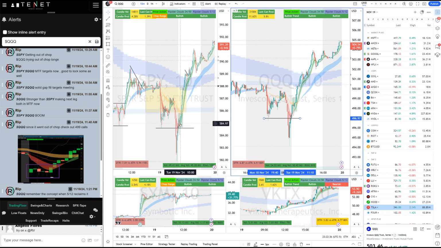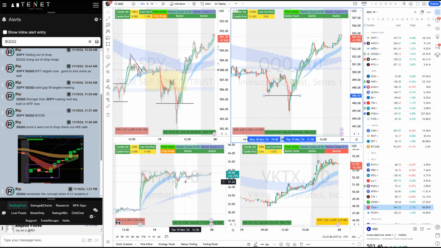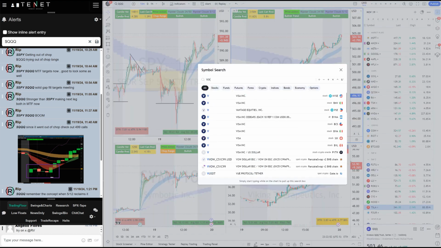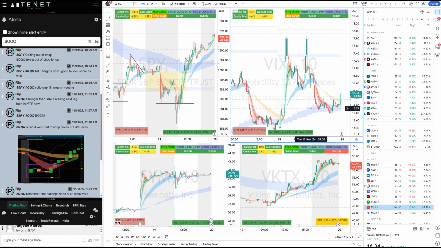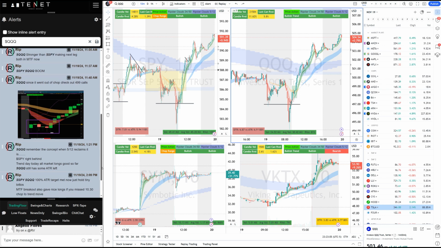When do you know it's time to long? When you see this, when you see this, getting out of the chop. So learn these concepts, getting out of the chop range, and pushing over the clouds. And at the same time, most of the Mag 7 were pushing, right? Google, Apple, a lot of those names were pushing. So you need to watch that. Even though semis were a little weaker, you need to watch what's happening there in the market. And at the same time, VIX was breaking down. So our same strategy of VIX, and that's how I guided everyone all day long.